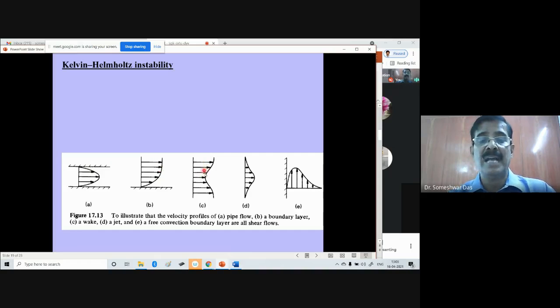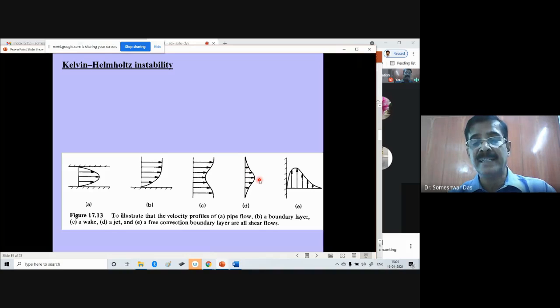The third type is a flow in a wake. There is a minimum at the center, and as you go away from the center in both directions, the wind speed increases. It's a wake-like situation. So here again there is a wind shear, the variation of wind speed in both directions. This is an example of a horizontal shear in the wind, which can cause the instability.